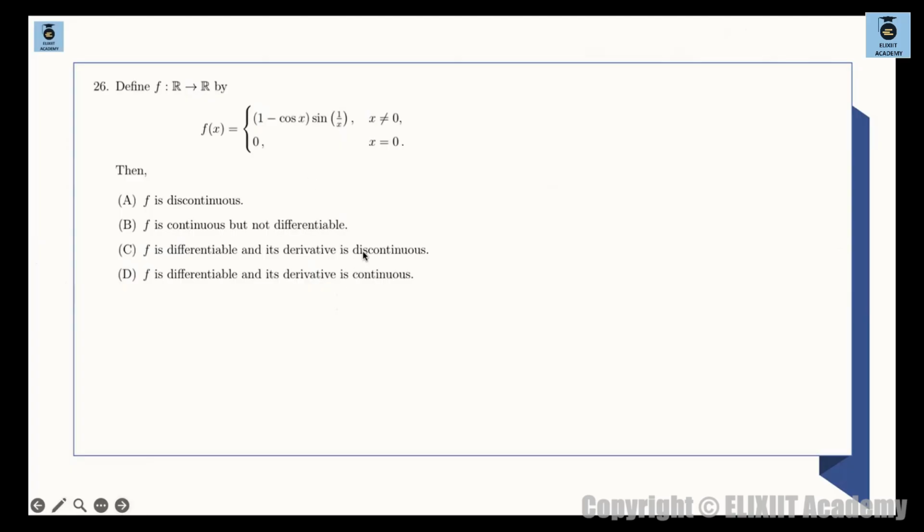So we have to comment on the continuity and differentiability of this function. Now this is a very common, basic question. You people have faced these kind of questions quite a few times. ठीक है, तो आप क्या करोगे बेसिकली, let's start with the continuity part. तो फंक्शन तो कंटिन्यूअस, function is clearly